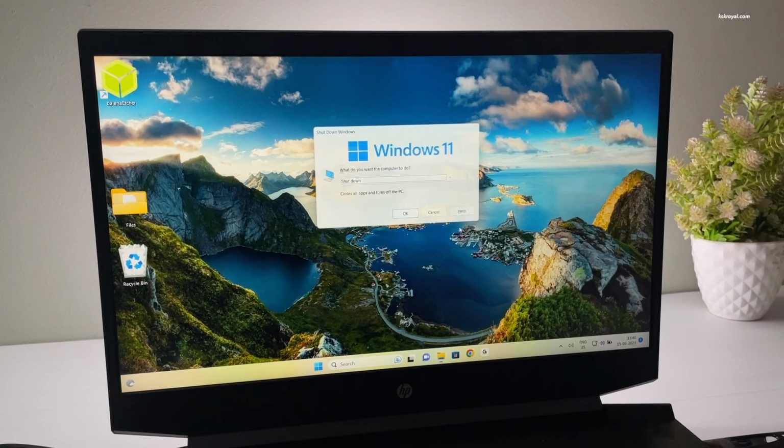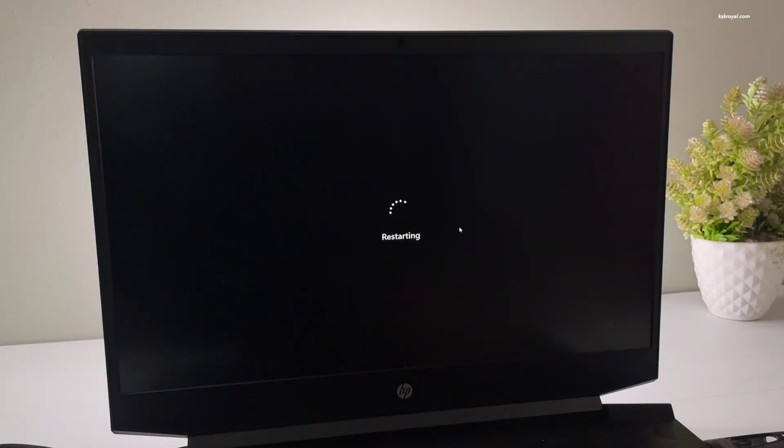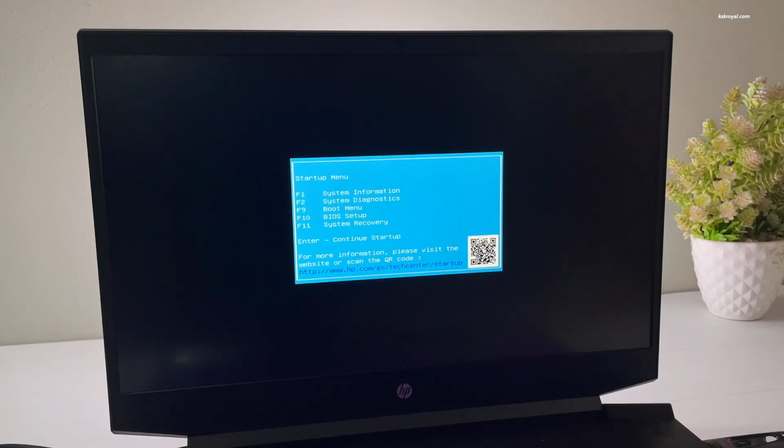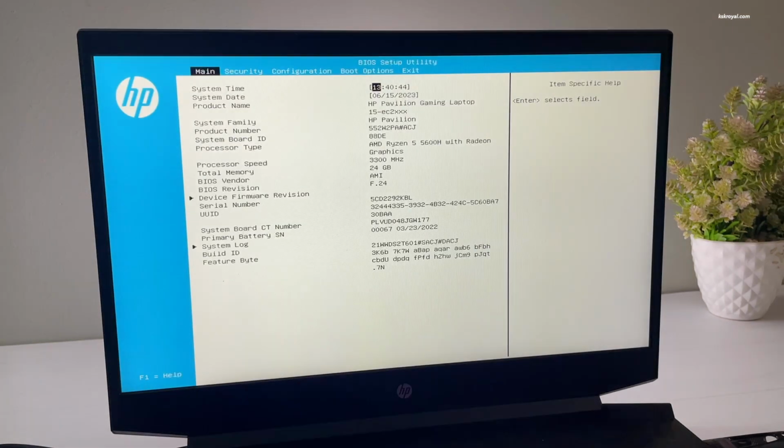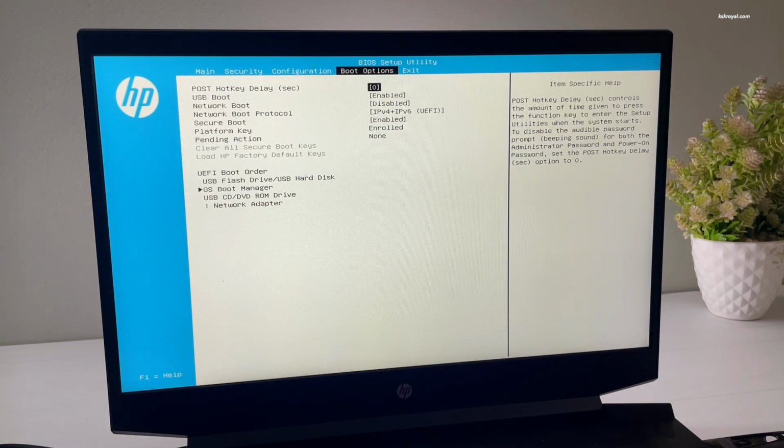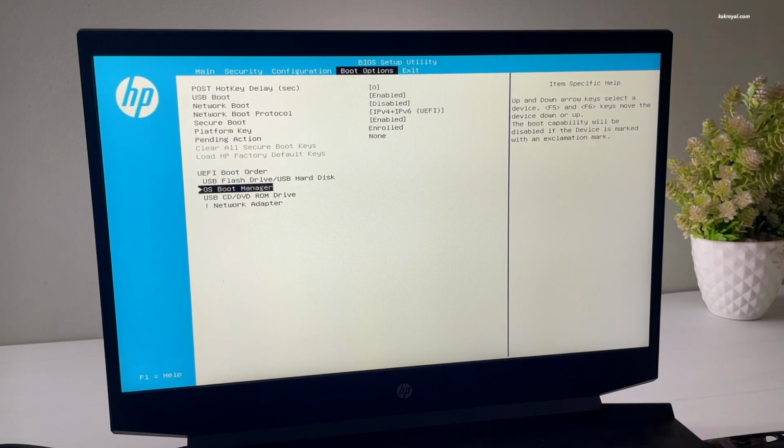Now go ahead and reboot your computer. While it's rebooting, you need to enter the BIOS settings. Use the keyboard shortcut based on your motherboard. Mostly it could be F2, F9 or the Escape key. The first thing to do after entering the BIOS is to enable USB boot. Then change the boot order by setting the USB drive as primary.